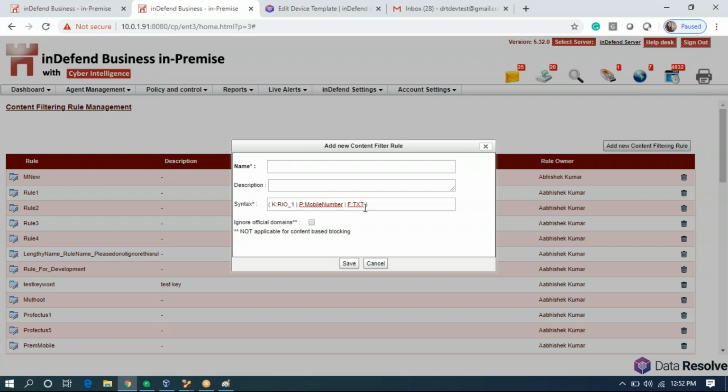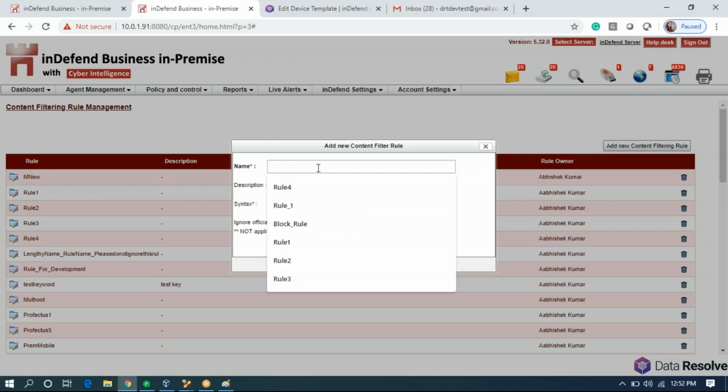That means either the document should contain any of the sensitive keywords like security, sensitive, and confidential that we added in list Rio underscore 1, or it can have a mobile number, or it can be a TXT file. If any of those three conditions are true, then this rule will get triggered.